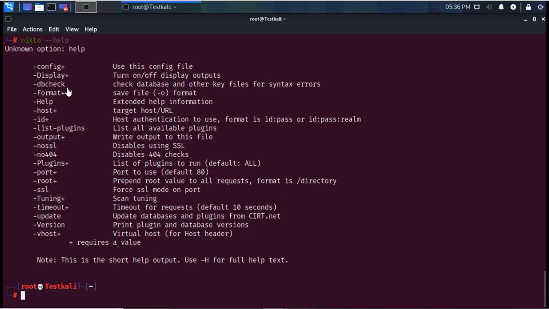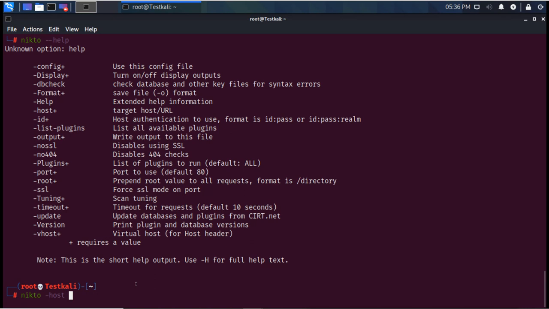We have this Nikto tool which we can use to scan vulnerabilities online directly. If we have any site or URL, we can go for vulnerability checking directly, giving the URL and directly connecting to it. We can do this by using Nikto, and then we will mention the host, and then we will mention the URL.